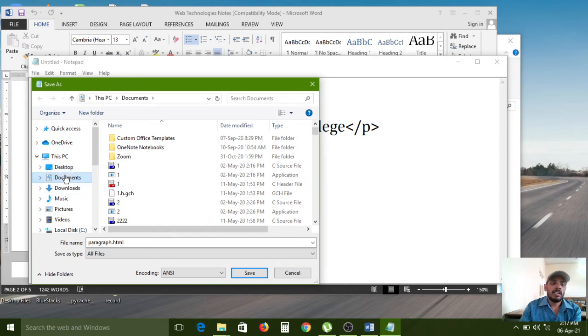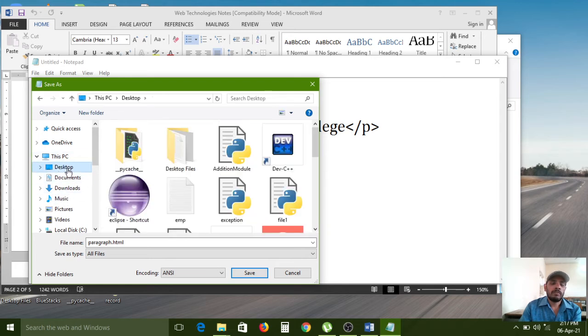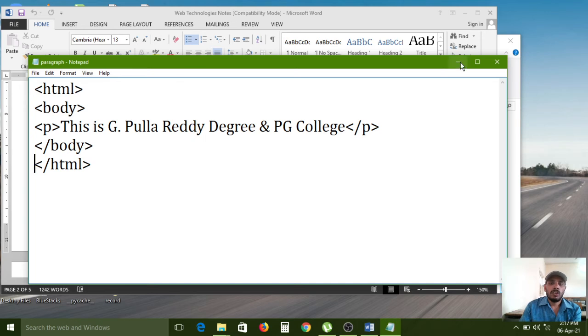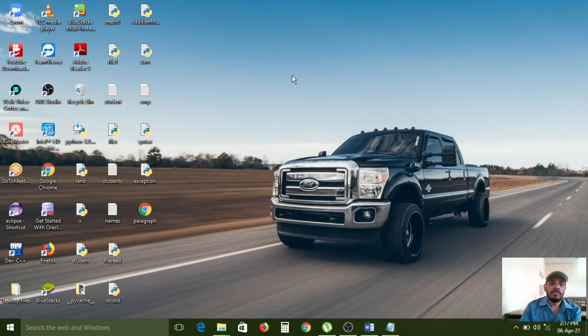Now I am saving on the desktop. Now I am clicking on the save button. All of you carefully observe how it will save. The paragraph file will be shown in browser format, because the browser internally takes whatever the default setting is in my laptop. I mean Chrome is the default browser, so that's why my program is also taken by Chrome.